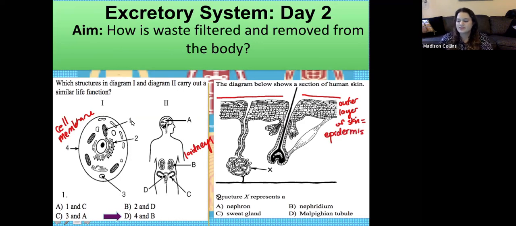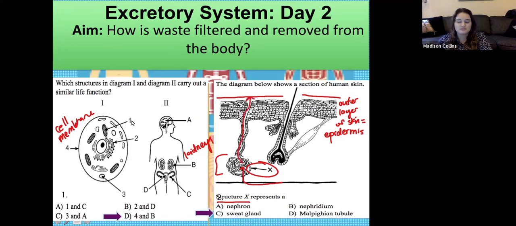But this question is asking us, what is structure X? So if we look inside this diagram, we see that structure X is this coiled bundle. And hopefully you remember that that coiled bundle represents a sweat gland. So wastes are transported into this sweat gland before they're then excreted from the body through the pores of